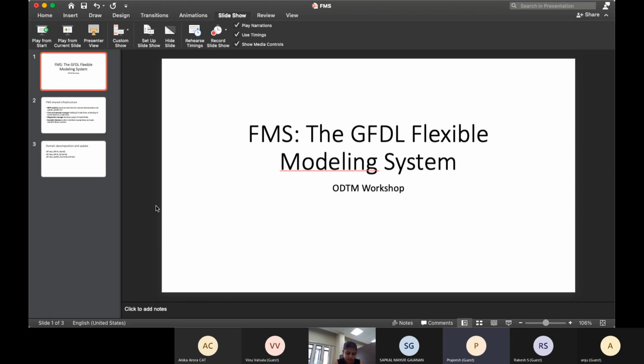I'll be covering what FMS is and how it can be used to parallelize a model. I'll talk a little bit about how ODTM has been parallelized using FMS, and what other functionalities are available in FMS and how they are used inside ODTM.